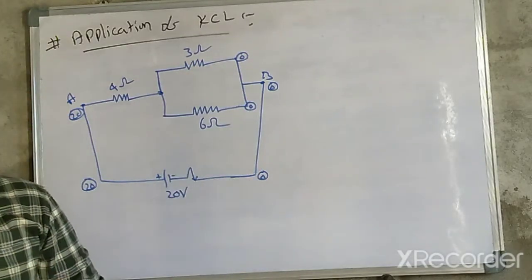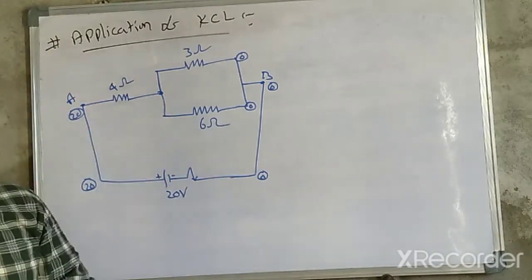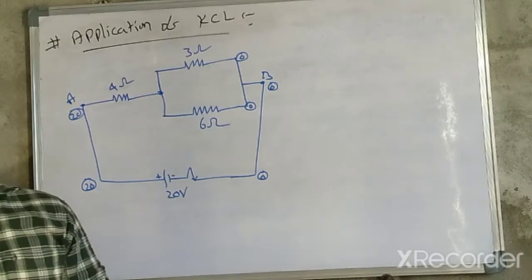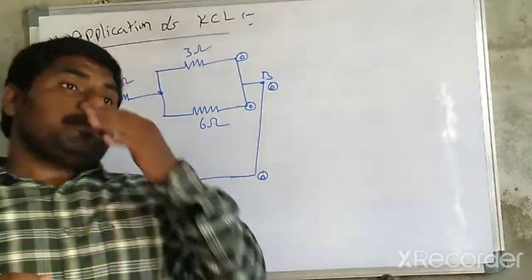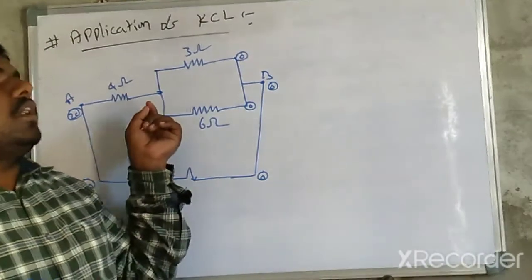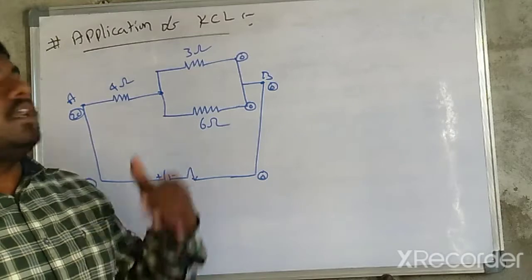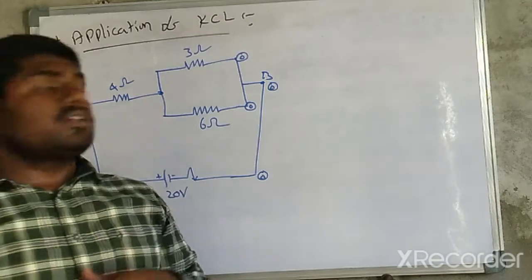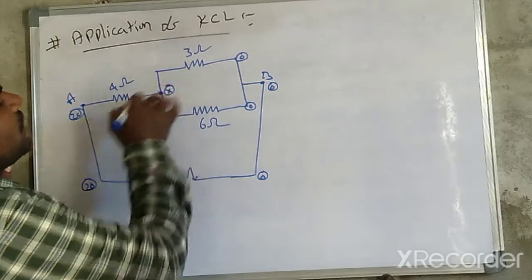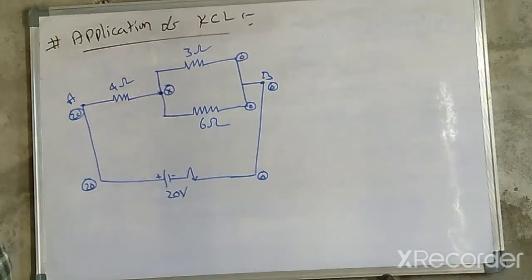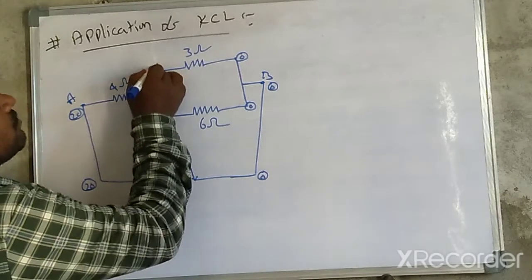They will ask this type of question, and potential difference at this point they will ask. So already, second point, I said potential difference across the points or different points in the circuits. So here this potential, the unknown potential at the junction, consider X. This one also X. This one also X.